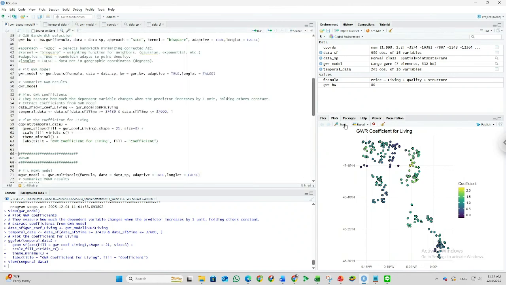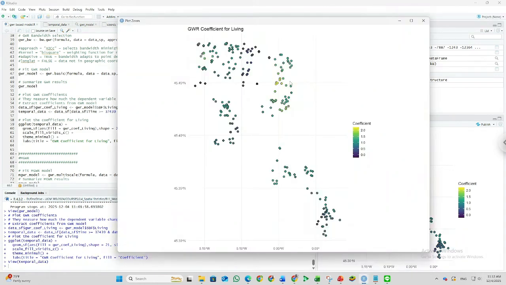So for the explanation for this one, we can see the coefficient in this location is higher, so the impact is strong.